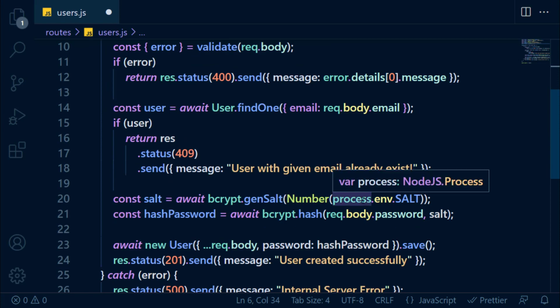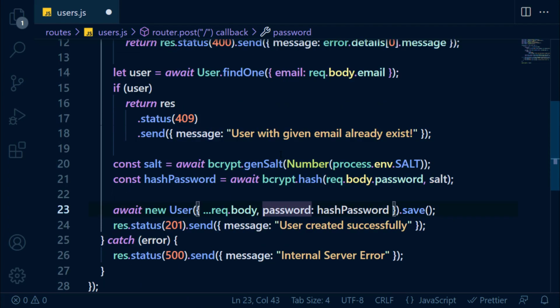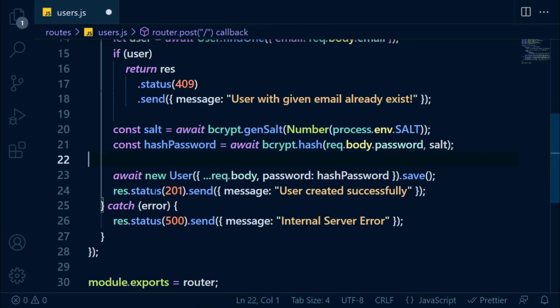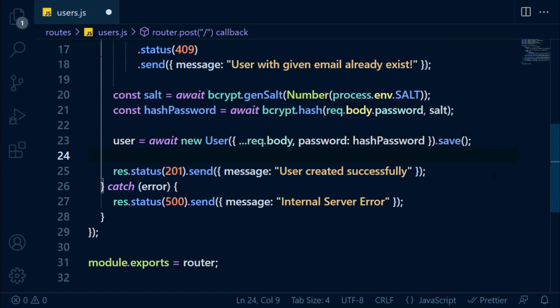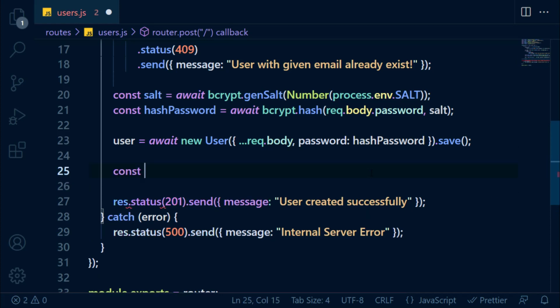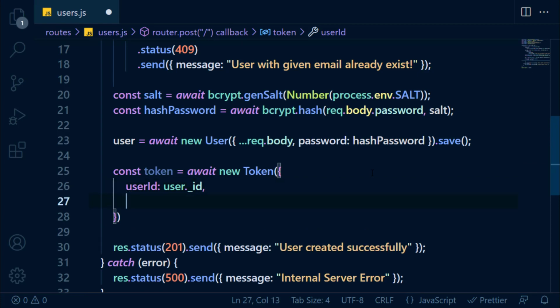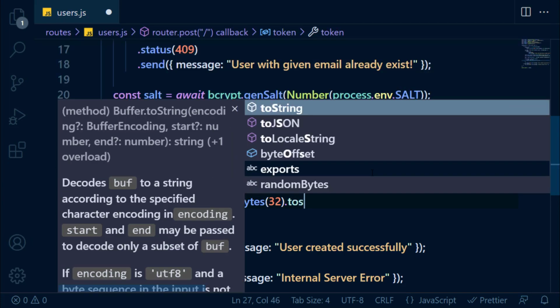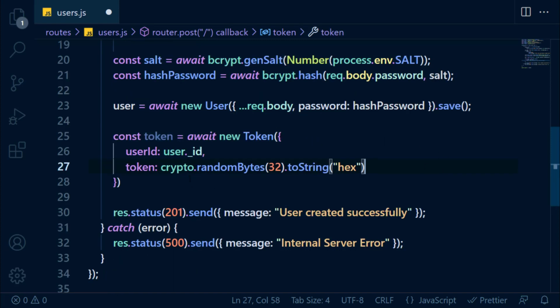Here let's send an email after registration. So we're going to save the user, and then we're going to send an email. Const token equal to await new token. It requires user id, so user.id. Then we're going to require token. Let's create crypto dot, it's going to create a random hex value here. Okay, let's save this token,